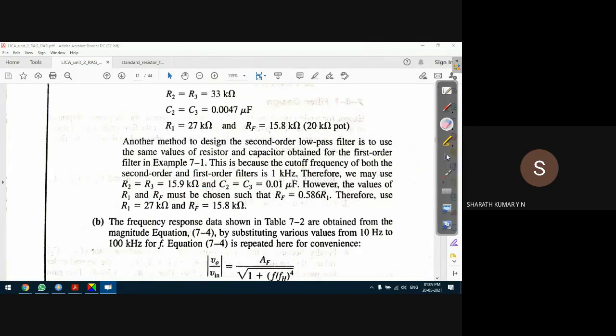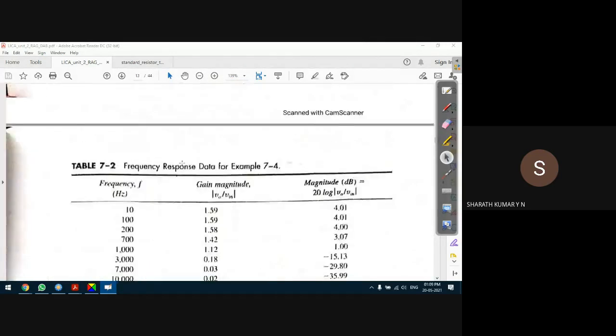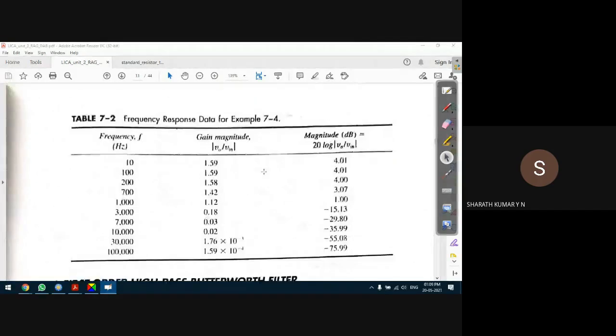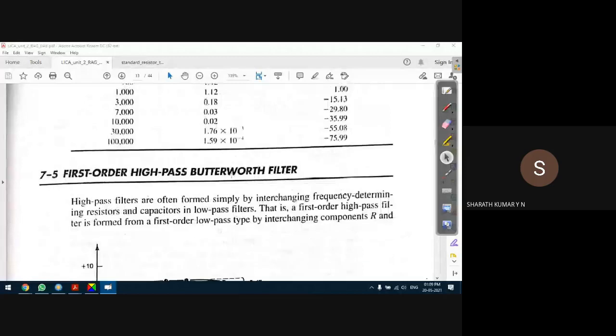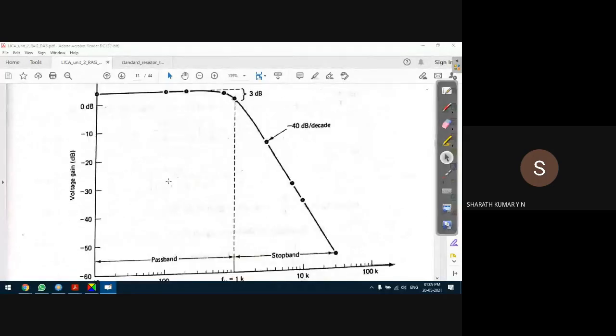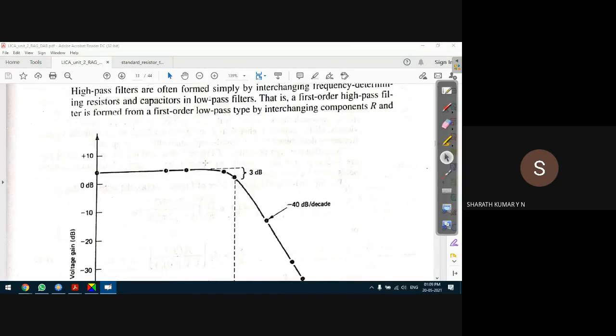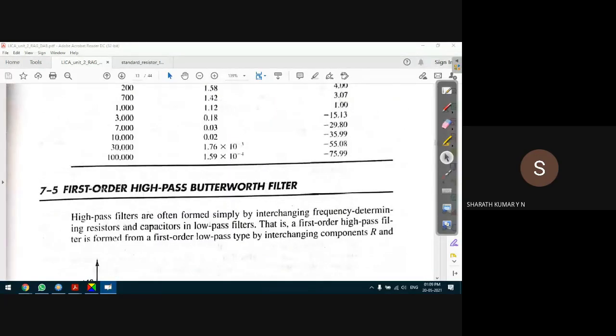Anyway, this second part we are not implementing. We will not bother about this, because plotting is not our goal. We should understand how the circuit works. The plot will come anyway. Plotting we can do, no problem.